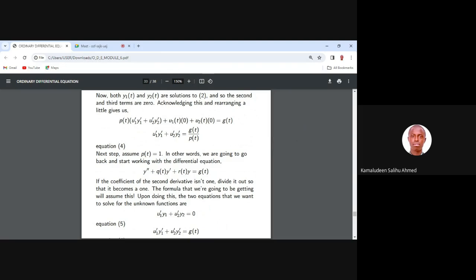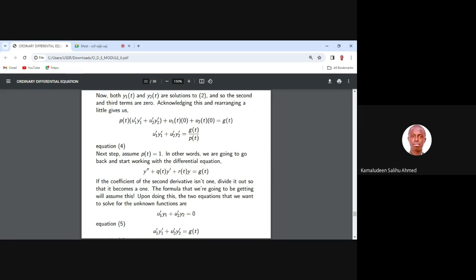So in other words, we are going to go back and start working with the differential equation. After making this p of t equal to 1, we now go back to equation 1. We write it down. This is our equation 1. If the coefficient of the second derivative isn't 1, divide it out so that it becomes a 1. So what are we saying? This y prime prime,